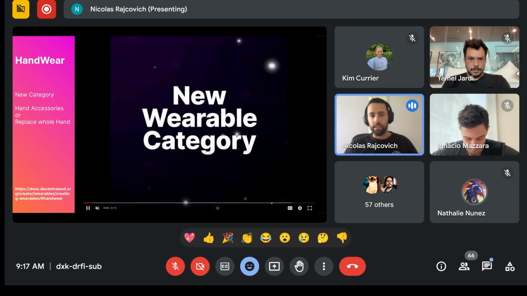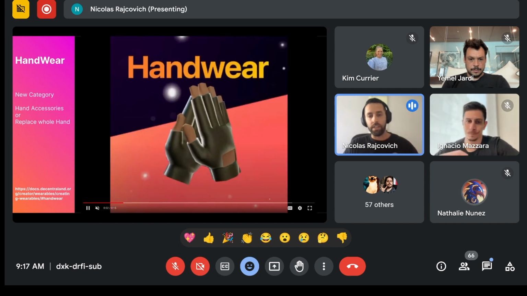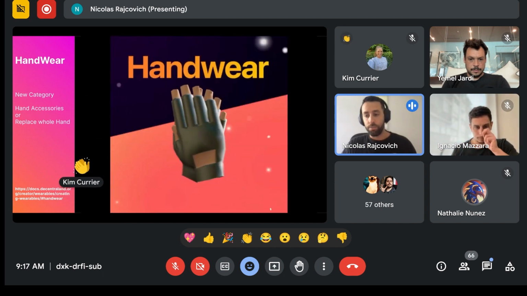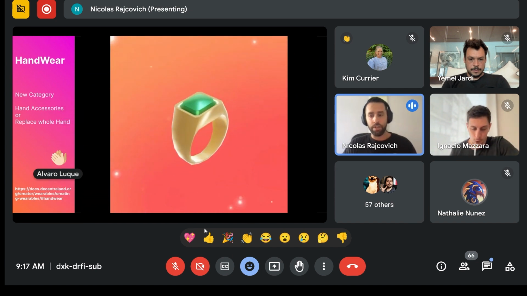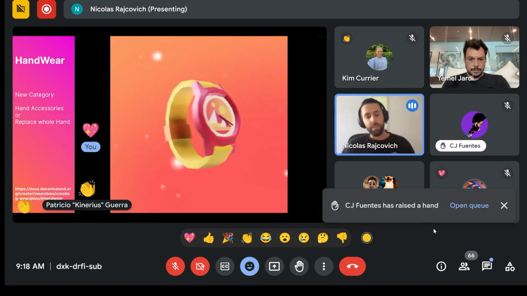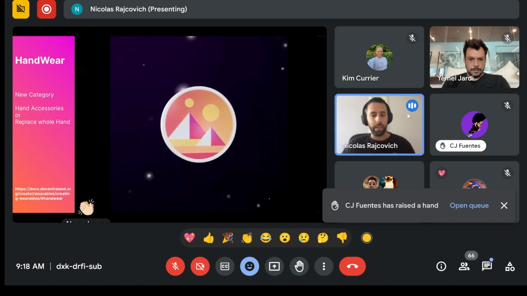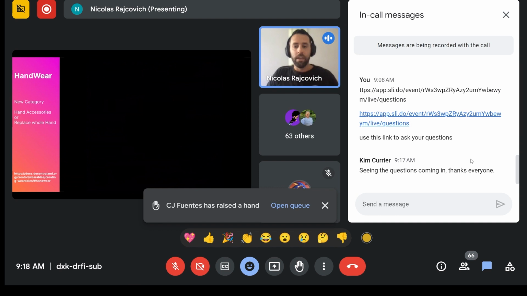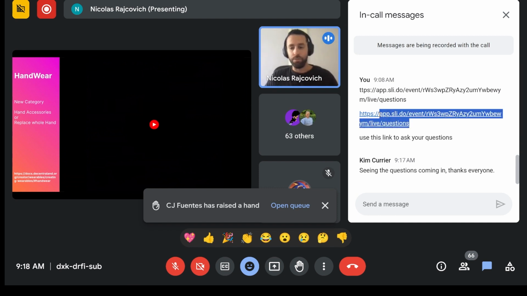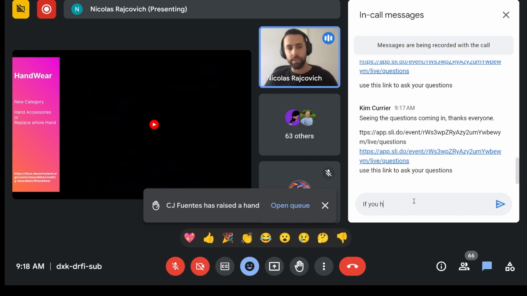Then, as Kim was saying before, we released the Handwork category. This is something that was super requested by many creators. It's a new category that can be found in the builder by submitting wearables, then in the marketplace for buyers to get them, and also in the Explorer to actually equip them. There are mainly two types of these wearables.